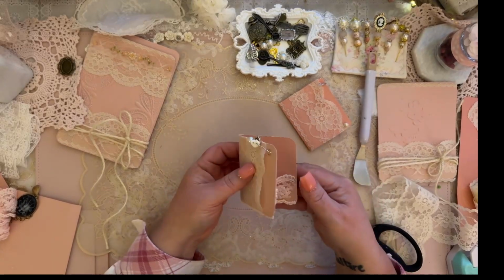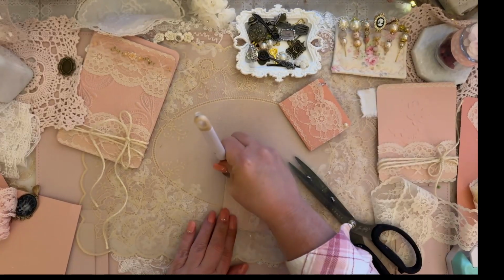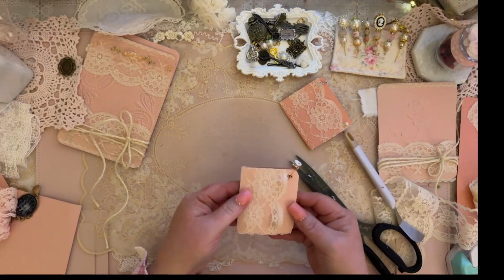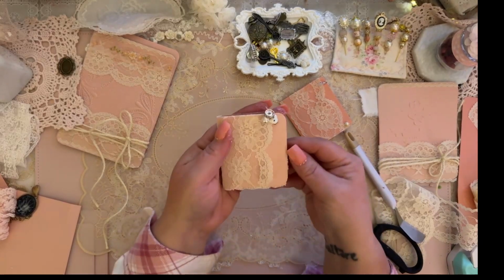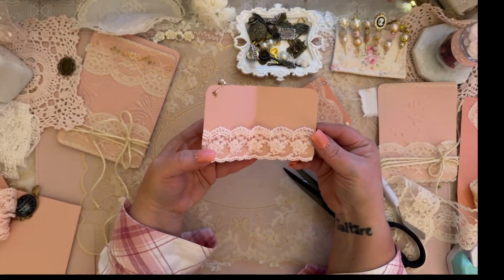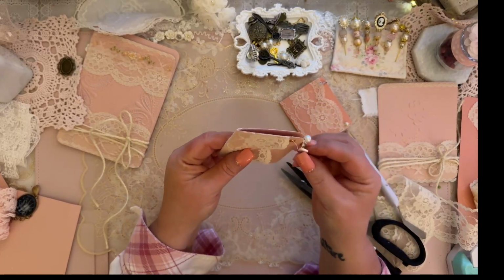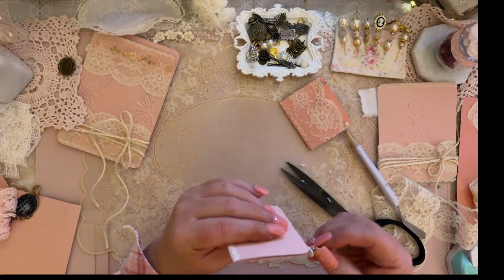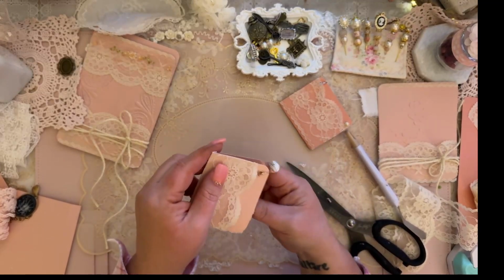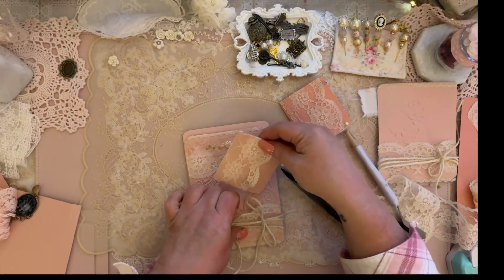So there you have your little booklet. Go ahead and crease that down. There you go. So you have your cute little lace booklet with the pocket in front, and you have your little pocket inside with your cute little charms. I wish it was hanging a little bit better. I wish I would have, oh, there we go. Never mind. Isn't that cute? I love that. All right, so this goes right inside here,